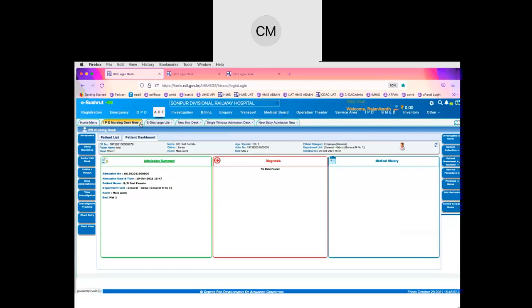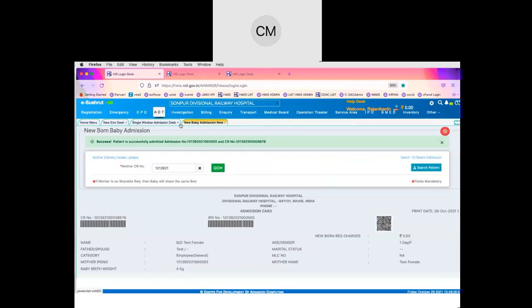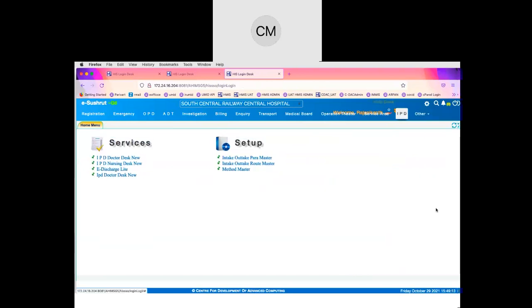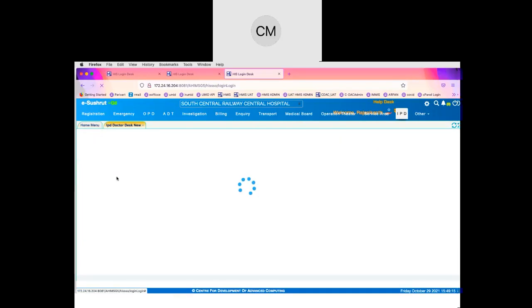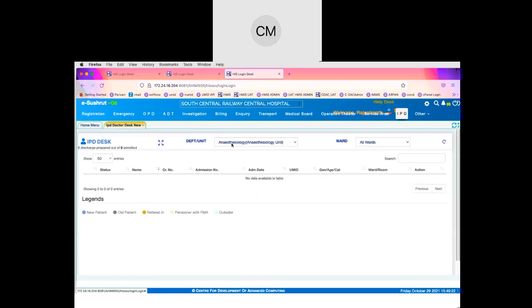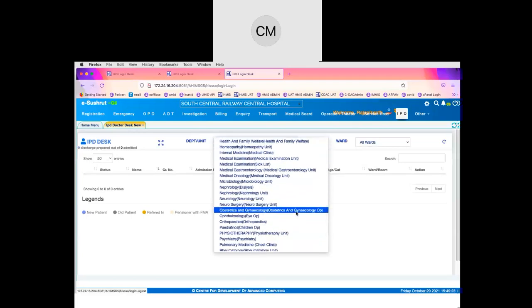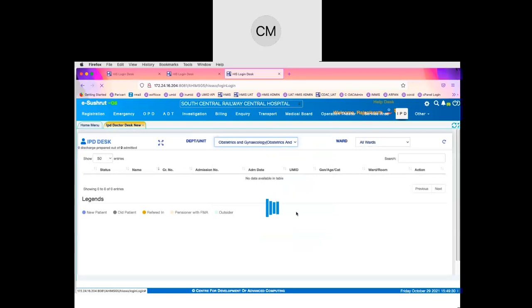Now let us show you the new versions that we are working on. Whatever we have shown is the current version, which is already functioning. We are working on a new version of the Doctor Desk for the IPD, which will be somewhat similar to what we are already seeing in the OPD Doctor Desk. The IPD Doctor Desk that we showed now has a lot of information coming in a discrete manner. All that information we want to show in a single page view with easy navigation and completion.